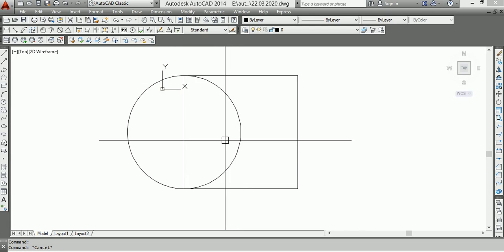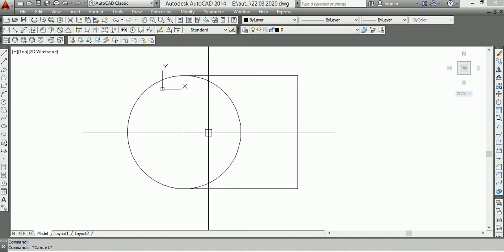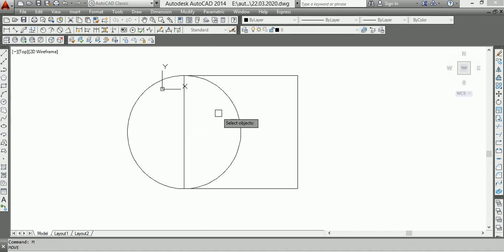AutoCAD command works in two ways. Either you can give the command first and then select the object, or you can select the object and give the command. So M space is for move, and now it's telling me to select object. I will click, placing the big box on the object, not in between. In between there is nothing. So the object means I have to click on the line,